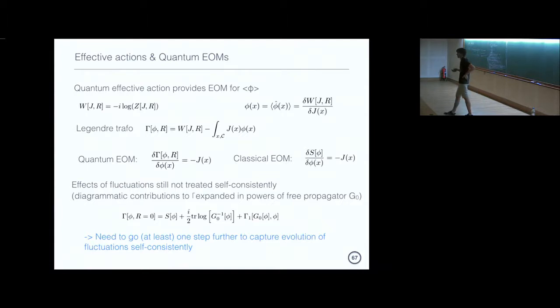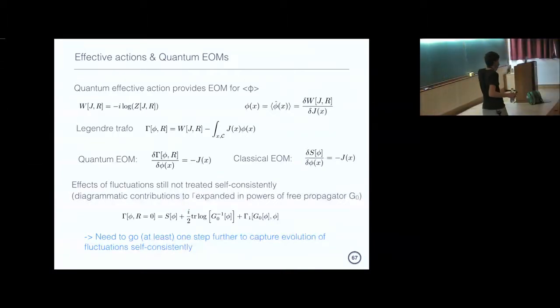However, it turns out it's actually not. So you can play this game, but as you saw, for example, in this example of the scalar field, initially we had a somehow huge scalar field, but then we had a very rapid growth of fluctuations going on. And so it turns out that if you work at this level, then essentially this is contained in this thing here, right?